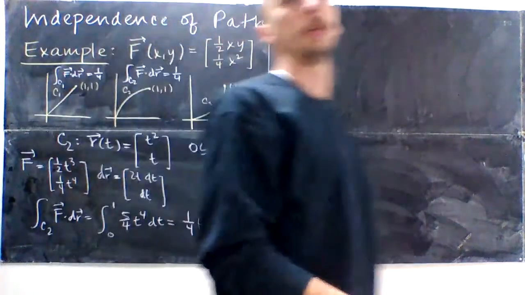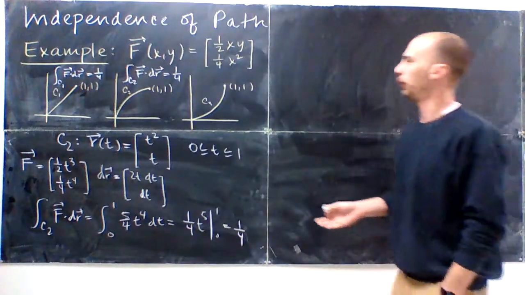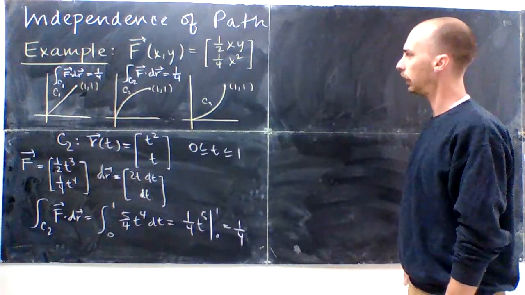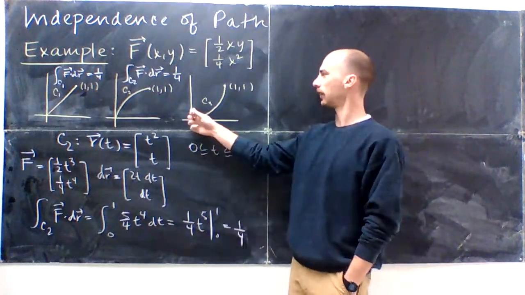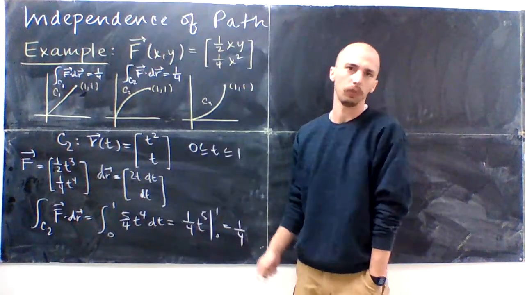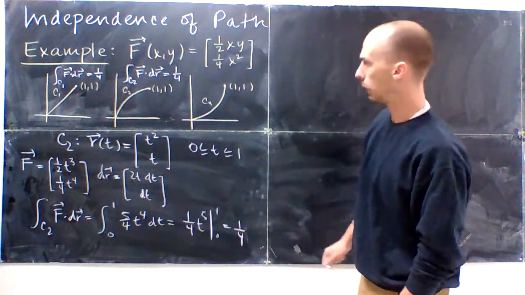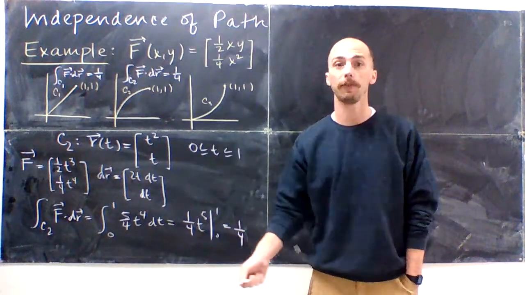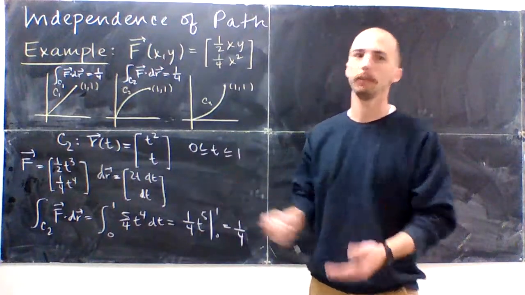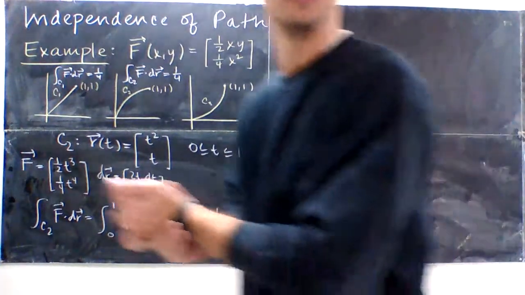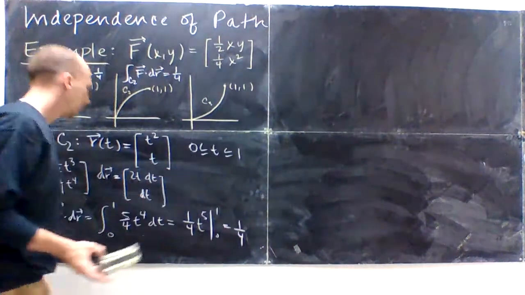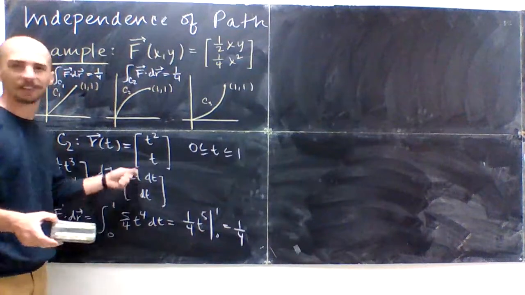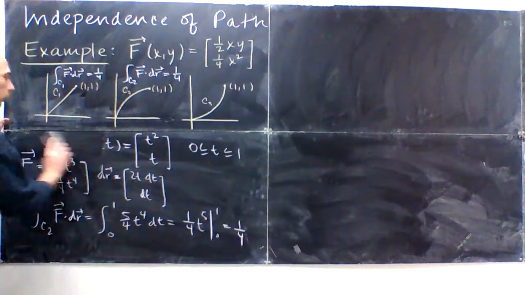Okay, then for the third one, you might be saying, well, what if we slowed down or sped up the parameterization? Would that impact the value of the integral? Because I could say that x is t and y is t to the 3rd, if this is y equals x to the 3rd, which is what I had in mind. But maybe I'll slow down the parameterization. I'll let x equal 1/2 of t and y be the cube of that. I'll show you that that actually doesn't impact it at all, because the way I mess with the parameterization, it's coming out in the dr. So for C3,